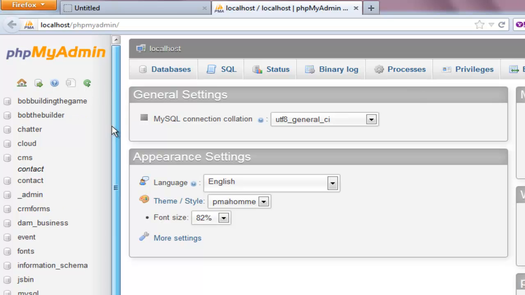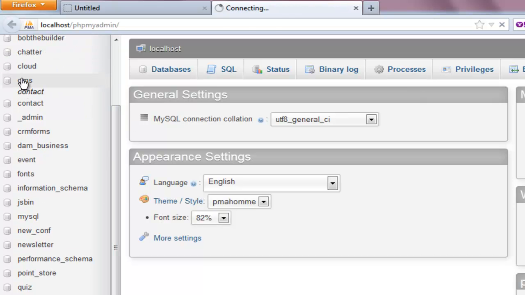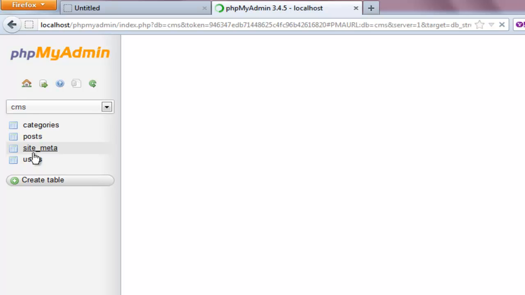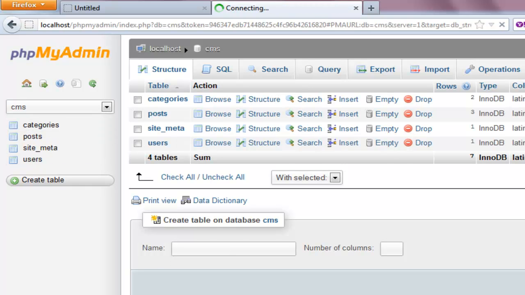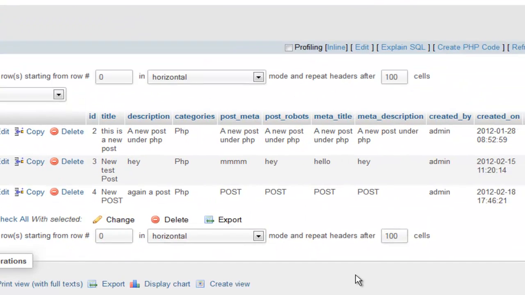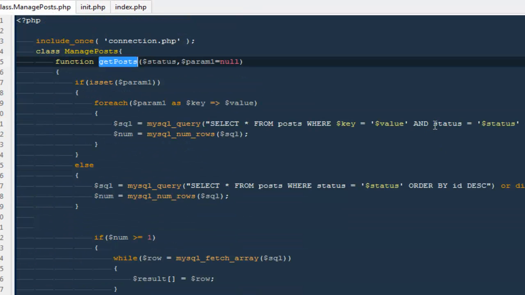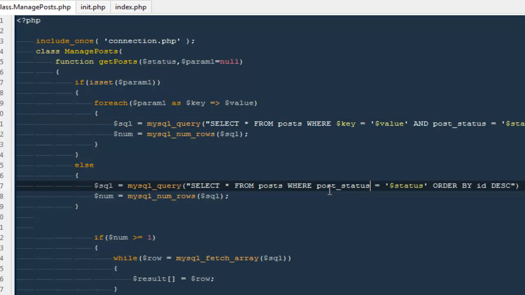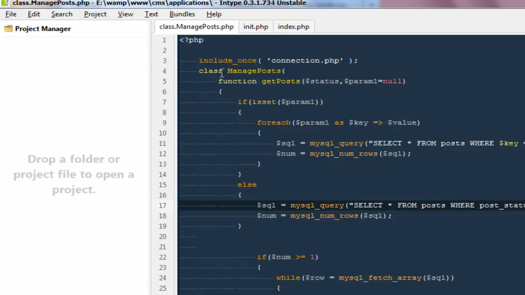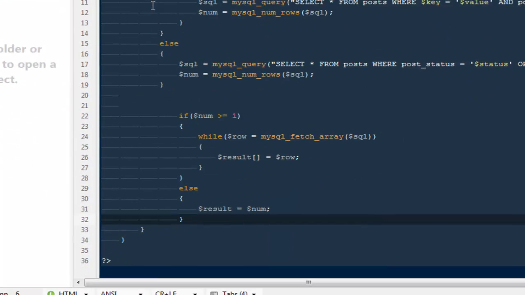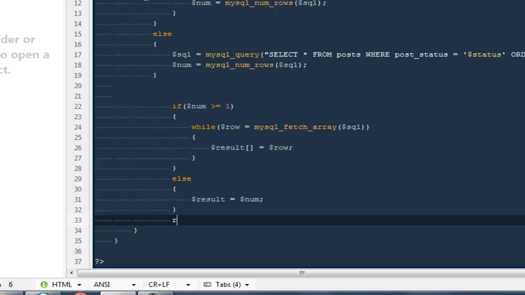Okay, that's my bad. So I'm gonna go to my CMS database and I'm gonna actually look at the field name. So here it says post status. So probably go back, say post status here and post status here. It does not do anything. Awesome, because we haven't returned anything from our function. So out here I'm gonna say return $result,